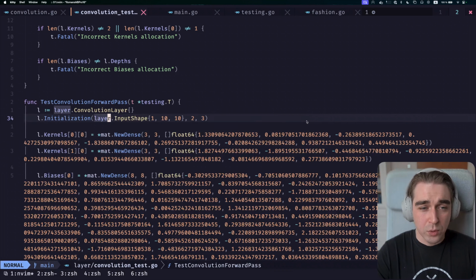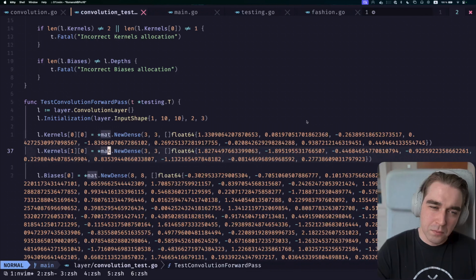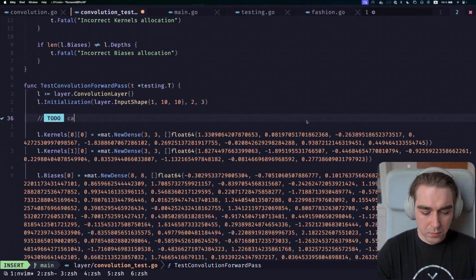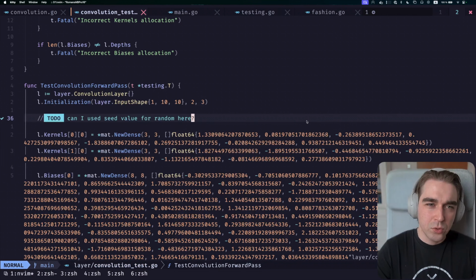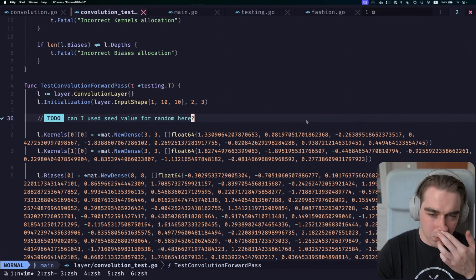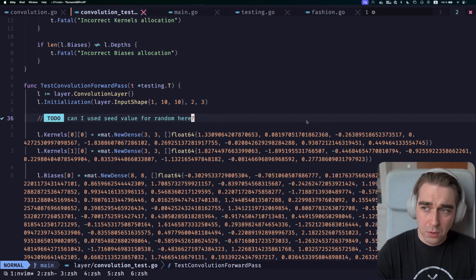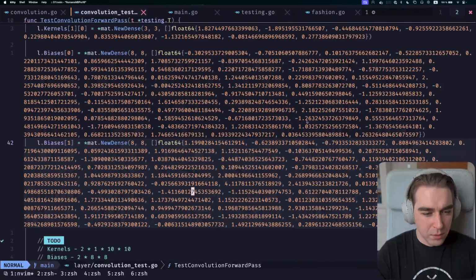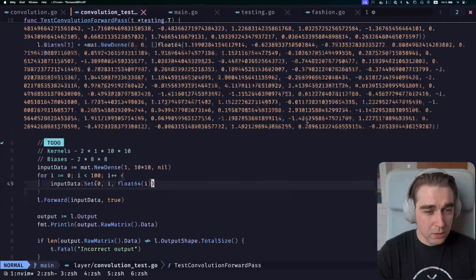Hard-coded values, because this one is actually using randomization. So this is just... actually, I think I'm stupid. I think I should be able to use some seed value for the randomization, so I can use the same generated numbers, right? Okay, but so I have some predefined things, and then I started to